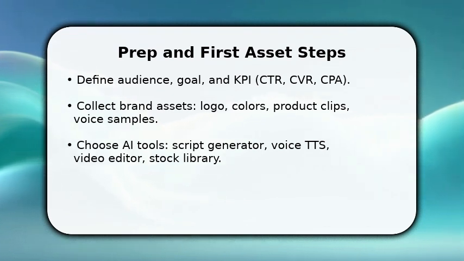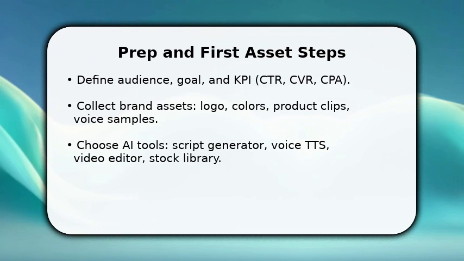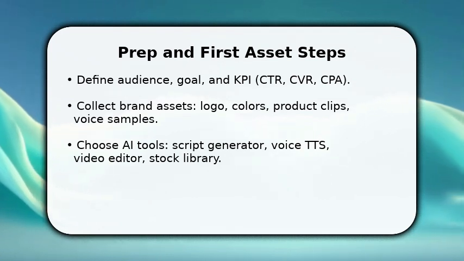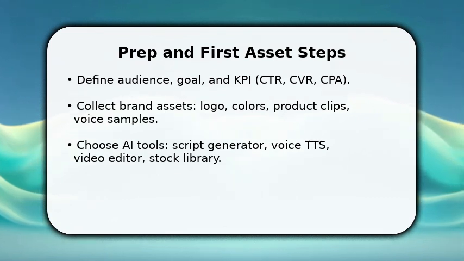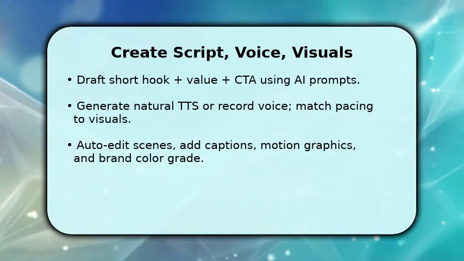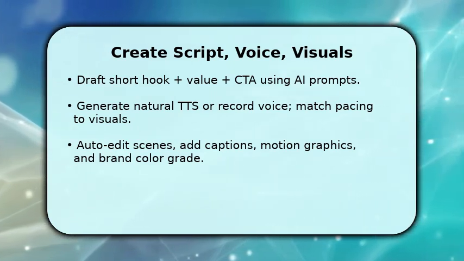Next, pick tools: a prompt-driven script generator, a TTS voice with custom inflections, and a video editor that supports auto-cut and captions. Make sure to set KPIs like CTR and CPA up front, so every creative choice ties back to performance. You write a tight script, hook, value, and a single clear CTA, and iterate with AI until language fits